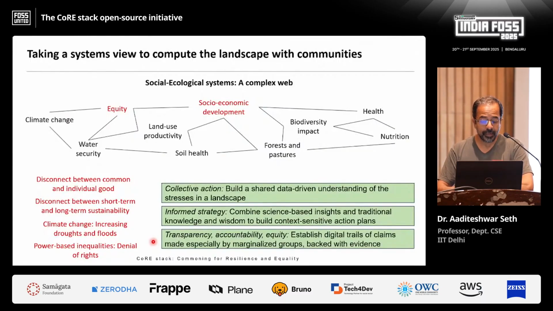Through all of these field immersions, we found that there are three things we really need to work on where technology can play a role. One is around making sure that marginalized groups are served. Why is there so much focus on individual good? A lot of it stems from inequality. And why is there so much inequality? Why isn't it going away, even though we have affirmative action and so many things? It's largely because the power structures are still very imbalanced.